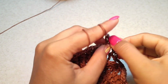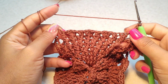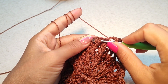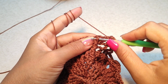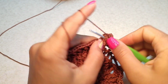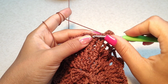1, 2, 3, chain 1. Now here we want to make 3 front post double crochet around the second of this 3 and 3 front post double crochet around the first double crochet of this 2 and repeat this pattern. So start 3 front post double crochet around the second of this 3, 1, 2, 3, 3 front post double crochet around the first of these 2 here,